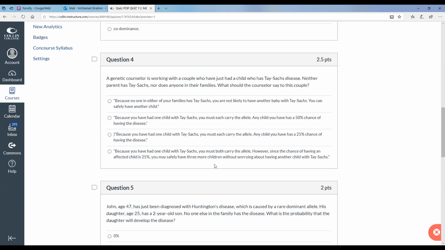Okay. He can't say that. When you look at this kind of question, when you say 25%, it doesn't mean that if they got the first kid with the disease, the following pregnancy is not going to be safe. No, it is every single pregnancy that there is a 25% chance that the baby will have a disease. Okay, so that will be the right answer here.